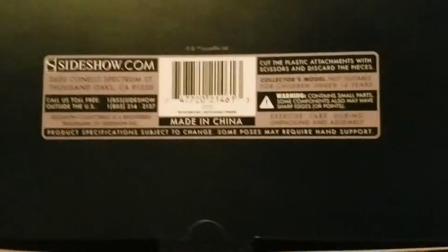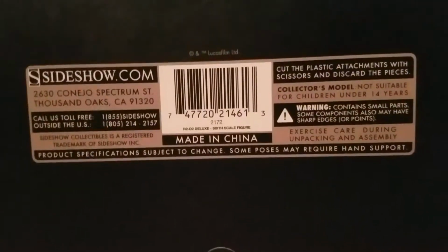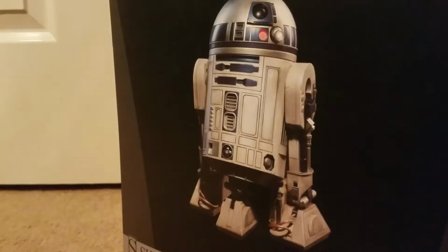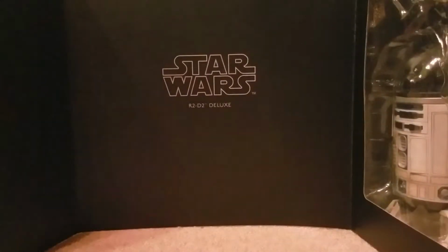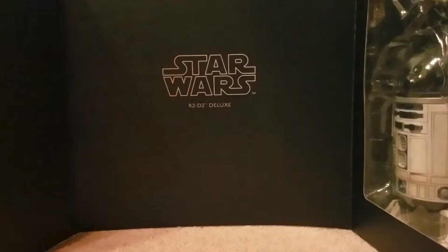And I don't think there's anything on the bottom of the box except for a warning, please don't eat anything in this box that will be extremely bad for you. And some phone numbers and stuff to call and complain for anal reasons. There are so many anal 1/6 scale collectors in this world, my god. But anyway, it says Star Wars R2-D2 Deluxe, and surprisingly no bio, which I don't mind, but still it would have been cool if they continued the tradition of including a bio. But anyway,